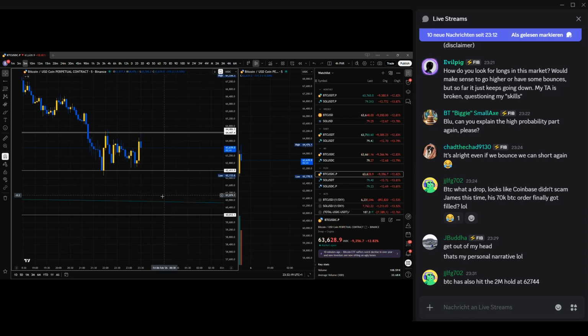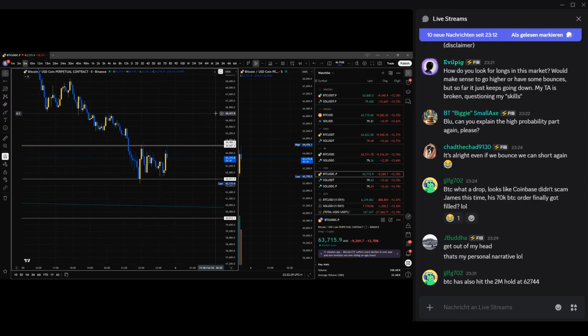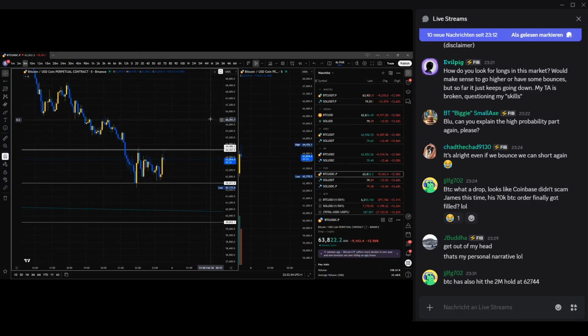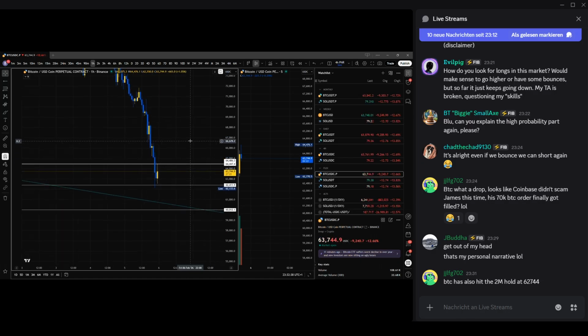if not immediately at this level here, will also probably work for a scalp. And you can do that, but I would not recommend doing it if you already feel like you don't have conviction, and then you should maybe take a step back and wait for a short to come up, you know, because these market times can be really stressful, and it would rather lead to you eating more stop losses or eating more